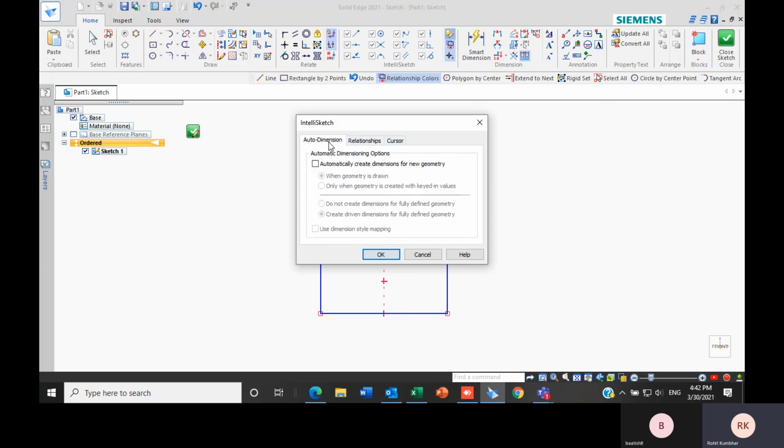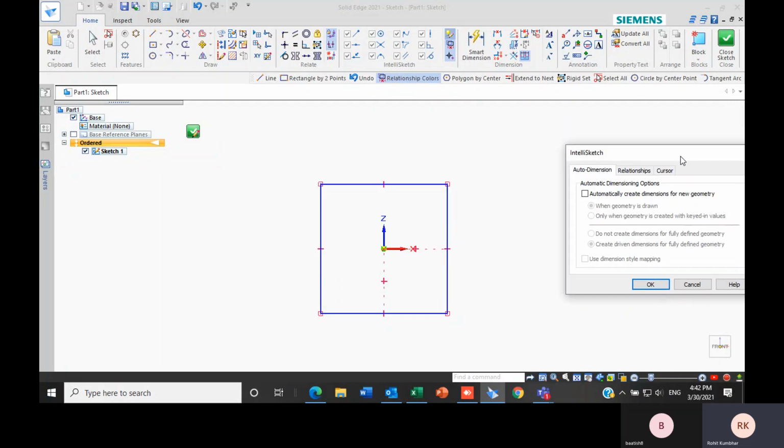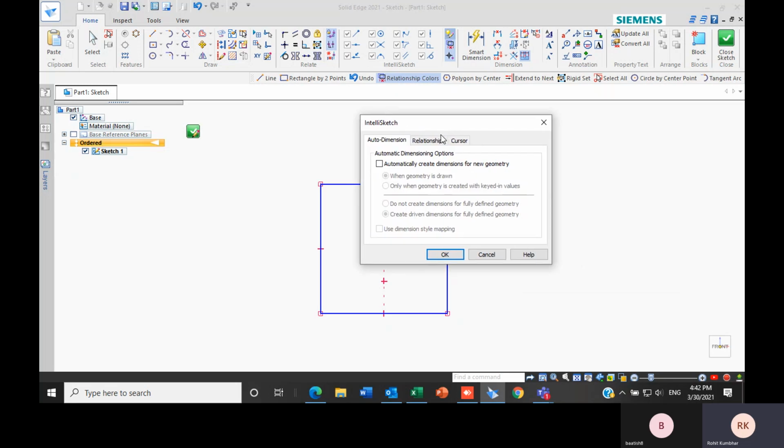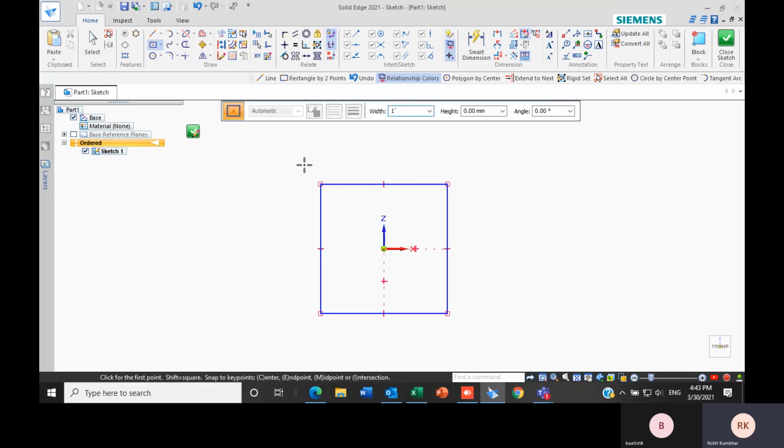So our next option is auto dimensioning. As you can see here, this option is unchecked. So that's why, whatever geometry I have created, there were no dimensions for it. If I check this option, then you can see there are four options shown here. The first two are when geometry is drawn, or only when geometry is created with keyed in values. Let's say I will select this second option first, only when geometry is created with keyed in values, and then